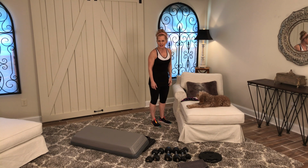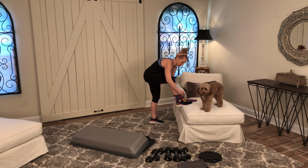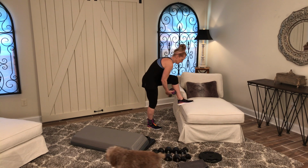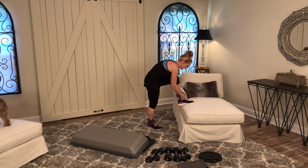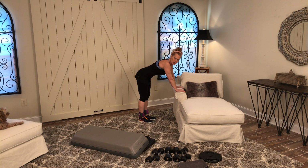All right, for this next segment, you can put on leg weights if you want to, but you don't have to. I'm going to put these little 1.5-pound weights on around my ankles. And we're going to do some rear leg lifts. So you can prop your hands on the seat of a chair, on the foot board of your bed,